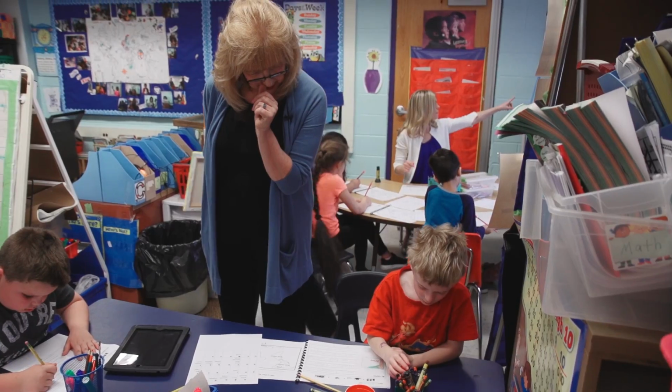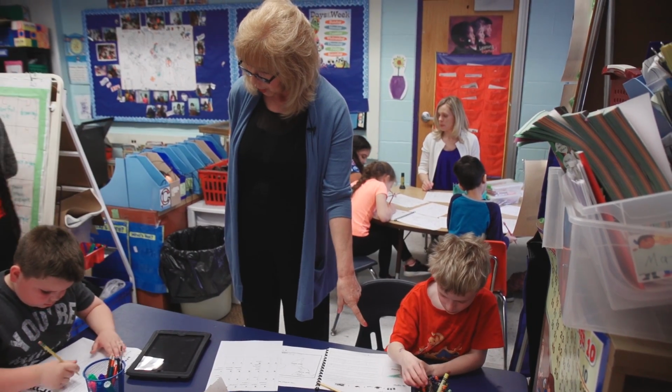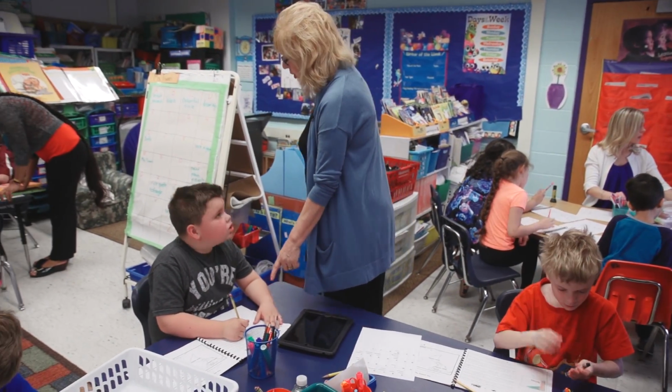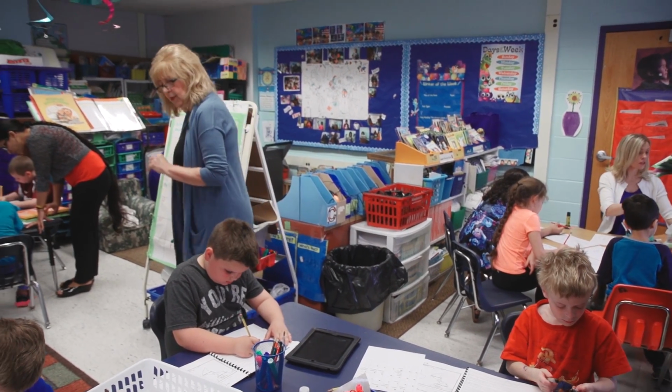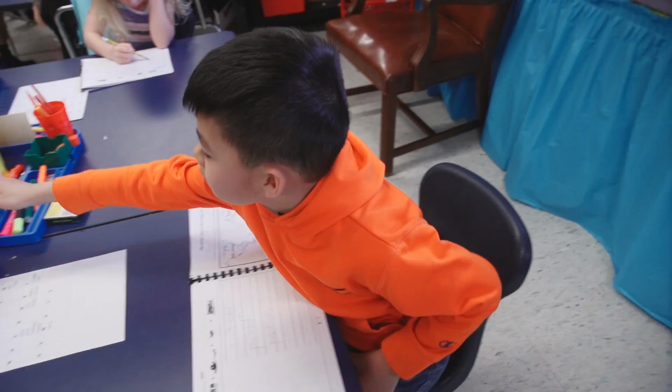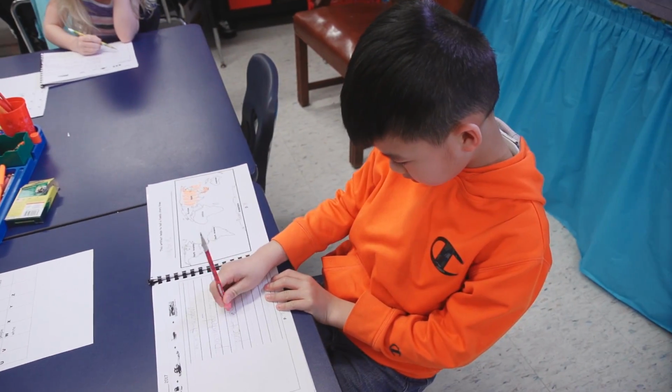We decided with this unit that our roles would look more like I would help facilitate the work of all the students, and Tina would be the one to assess. I love it. And he's making the picture too. And so Tina actually has a notebook, and she'll write down observations of students. And then what's so powerful about the co-teaching process is that it gives us the opportunity to sit down to